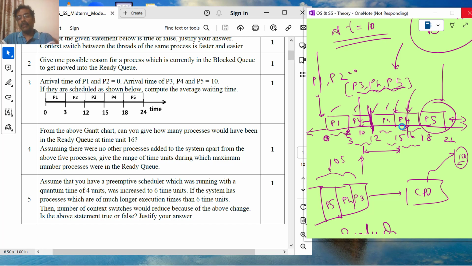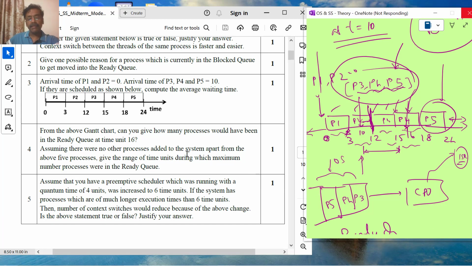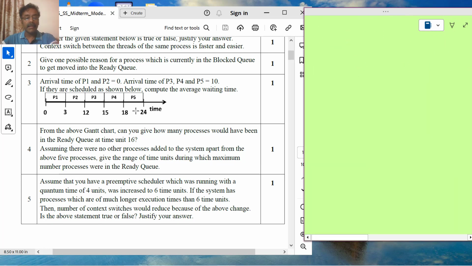And what about other time units? As time progresses, the number of processes is going to come down. So the maximum number of processes will be there only between 10 and 12. So that's the answer for the fourth question. This is related to the previous Gantt chart which is shown. Now, before we stop this lecture, let me address this